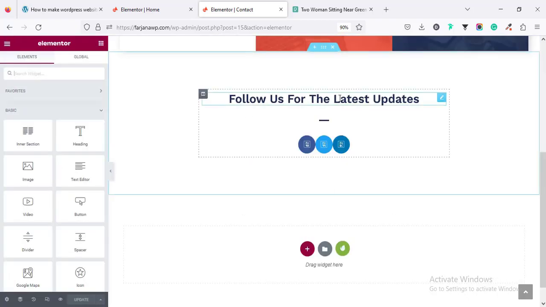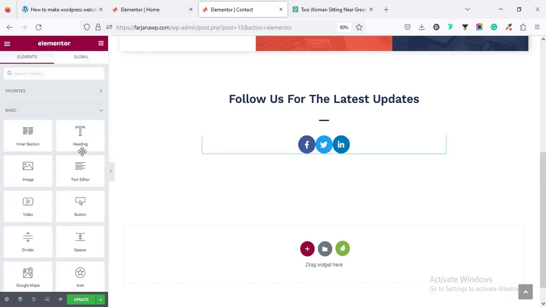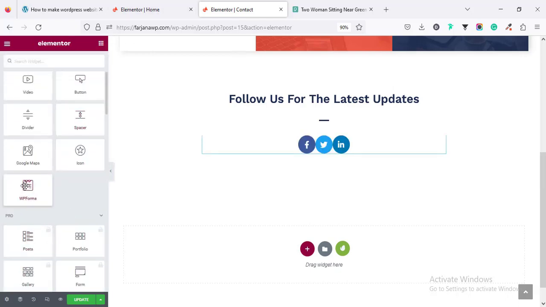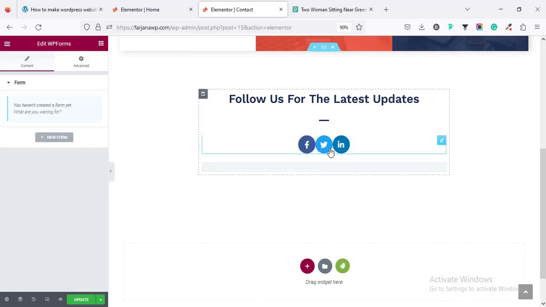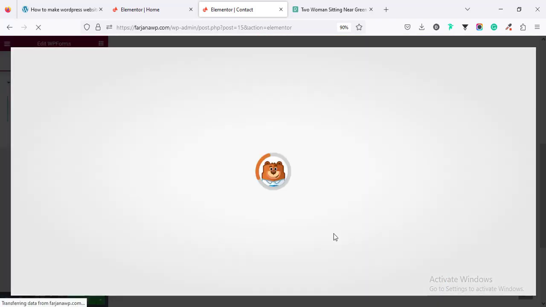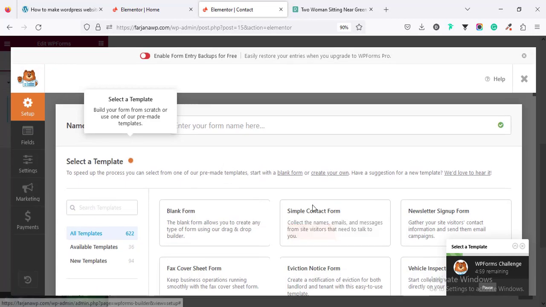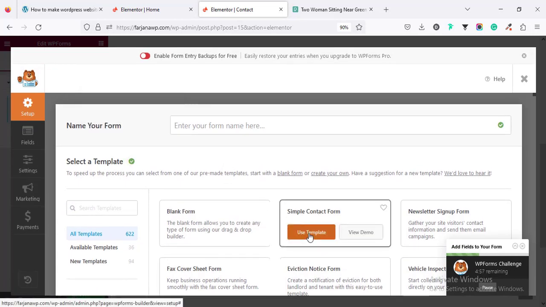And here is follow us for the latest update. Here is some social link, and here we can add a contact form. So I have already installed the WPForms, and here is the widget for WPForms. I'm going to add it. Going to create a form. Let's go, and here simple contact form. I'm going to use this template,